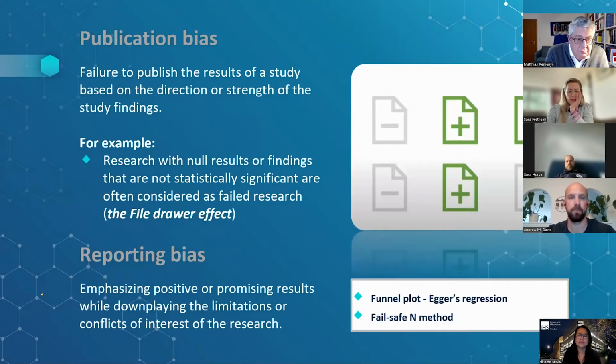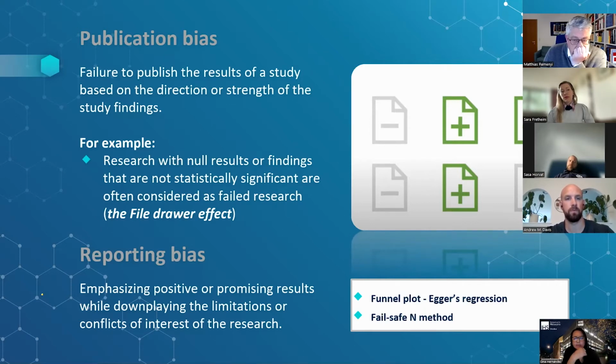We also have publication bias, which is the failure to publish the results of a study based on the direction or the strength of the study findings, right? I'm sure you have heard about it, the file drawer effect, when research with null results or findings that are not statistically significant are often considered a fail and then not published. This is a big issue because in this way, people often choose not to go for replication, right? If they cannot replicate, and if they have null findings, they won't be able to publish it because they didn't find the same effect they were trying to replicate. And if we don't replicate in scientific research, then we are missing one of the biggest parts of the scientific